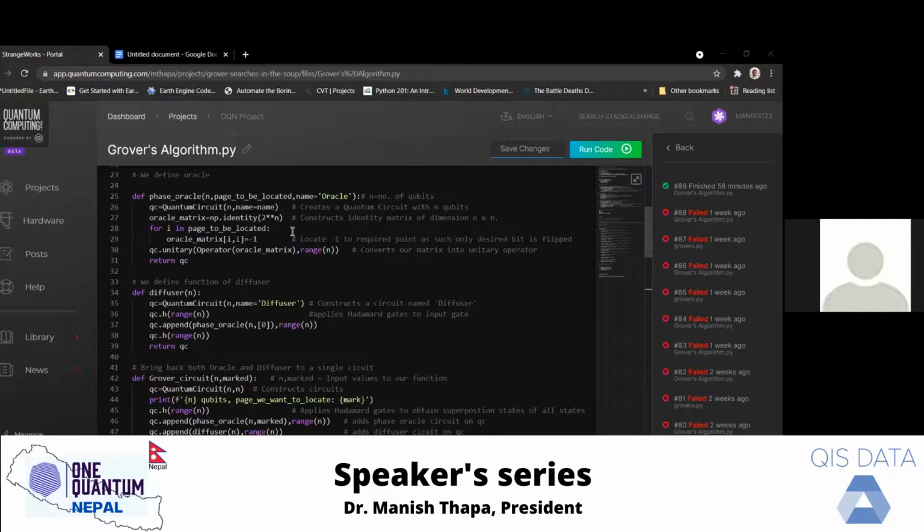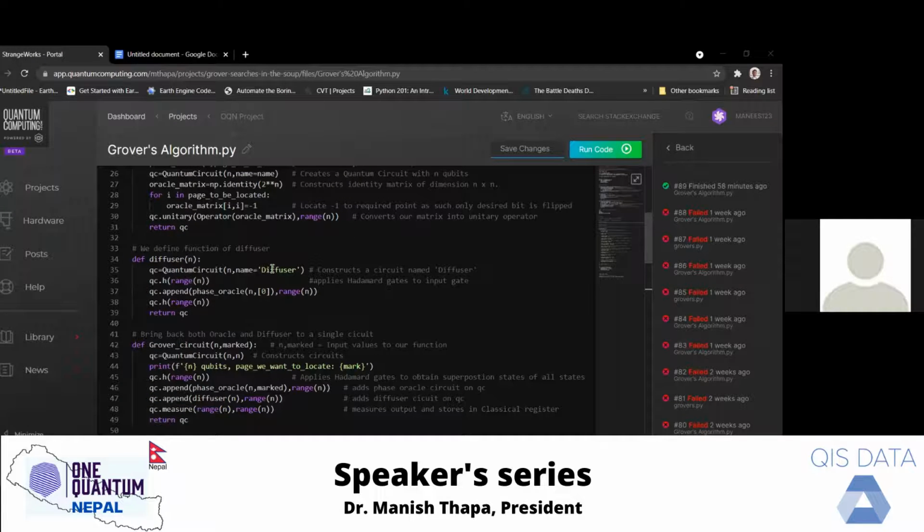So the major takeaway from this circuit is that we define an operator such that it will only flip the state that we want to find from our whole directory. So if you want to find the 01 state, then it will only flip the 01 state, leaving all other states unmodified, and just acting as an identity gate for them.